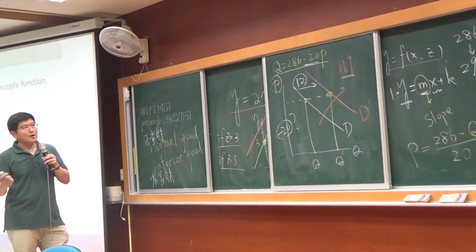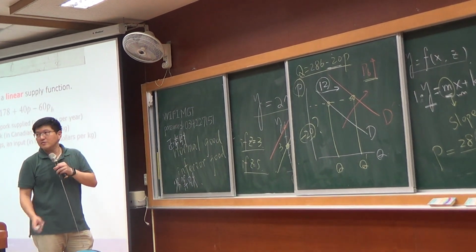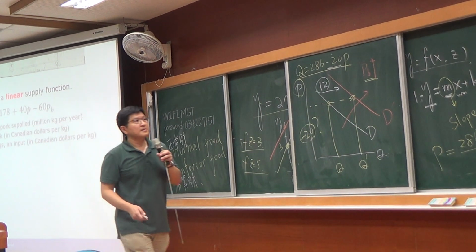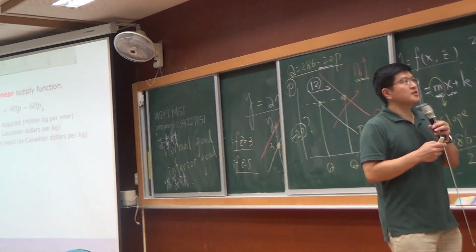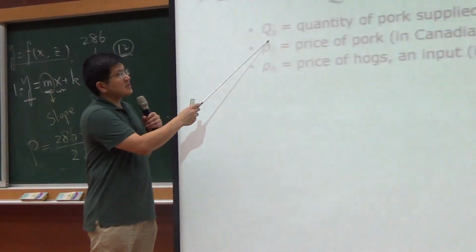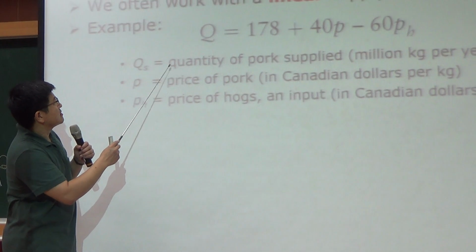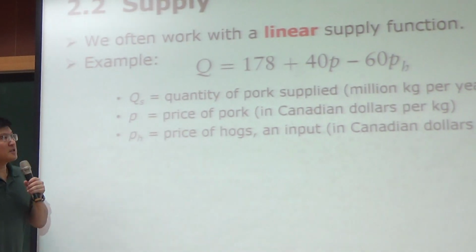Supply, also a linear supply curve, you can have this kind of relationship. So QS, the quantity of pork